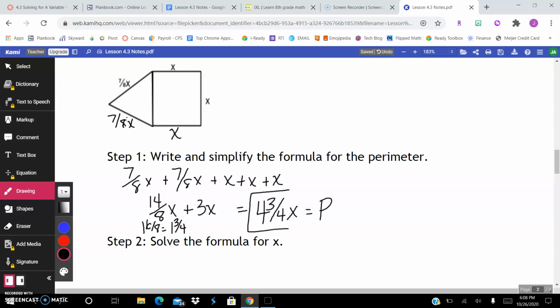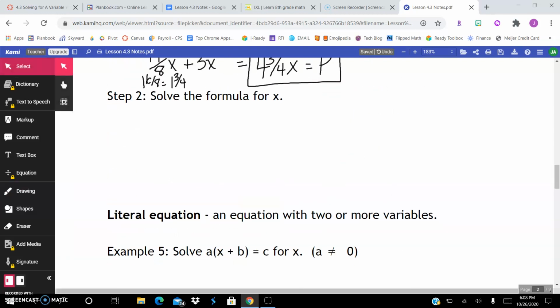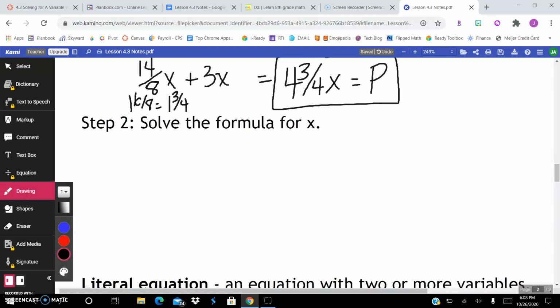So for part 1, or step 1 here, the formula is P equals 4 and 3/4 times x. Then for step 2, we are going to have to solve that equation for x. So if I rewrite that,